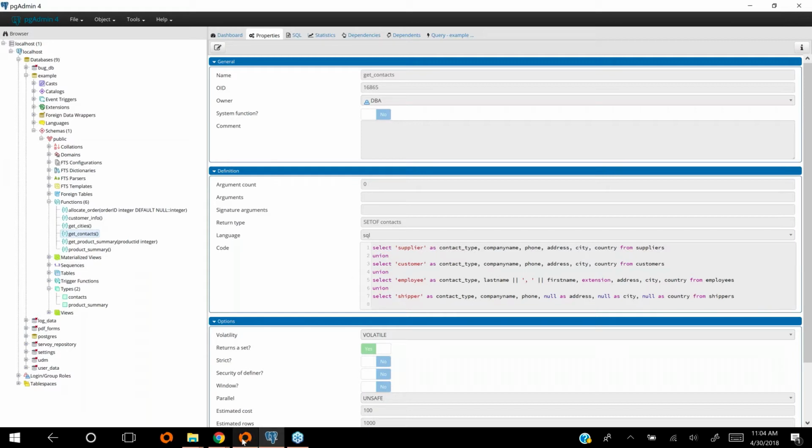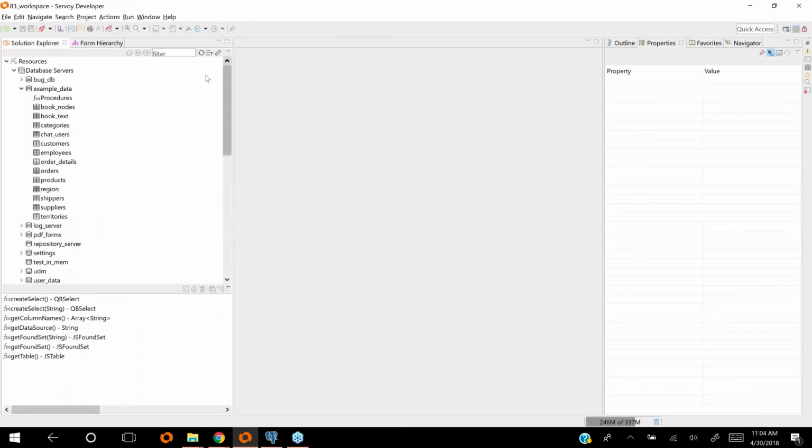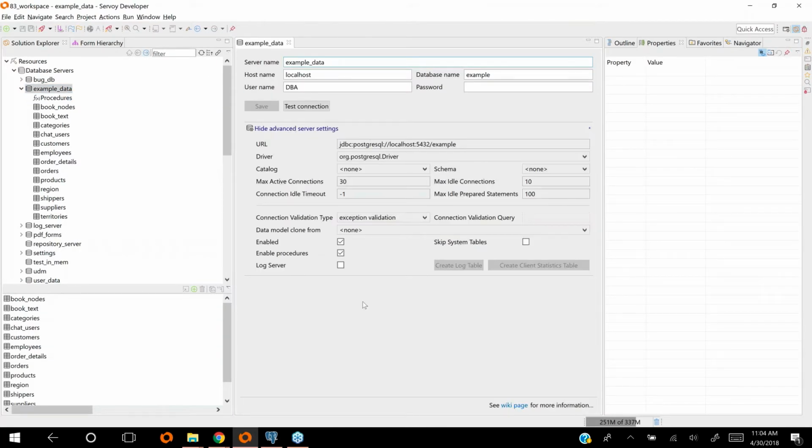Now, how does Servoy integrate with that? If we come into our IDE, the first thing that I would point out is that whenever you're looking at the settings for any database server connection, you'll see a new property called enabled procedures. By default, this will be turned off. So if you want to enable procedures on your data source, you want to come in and make sure that